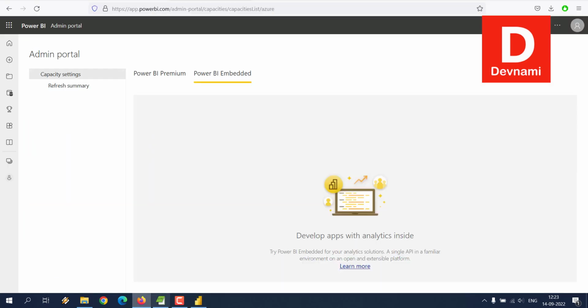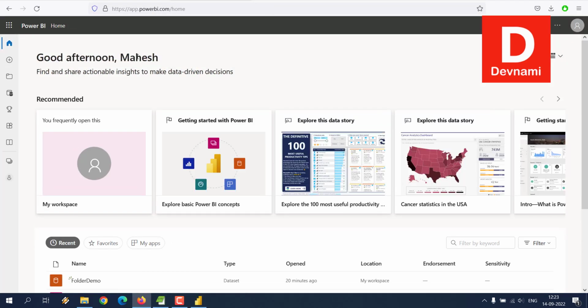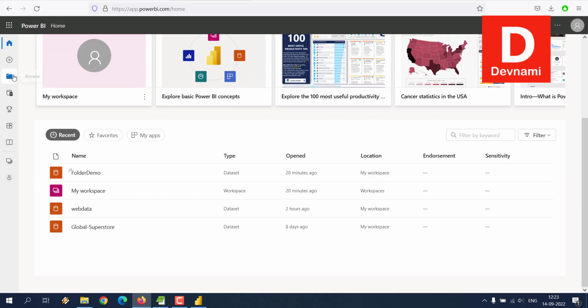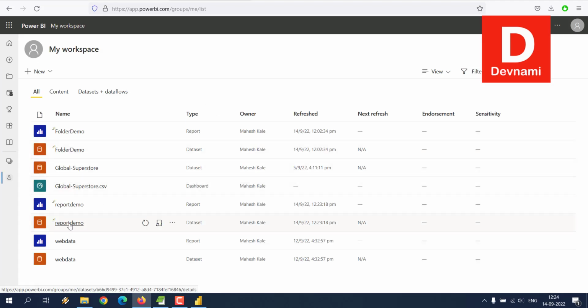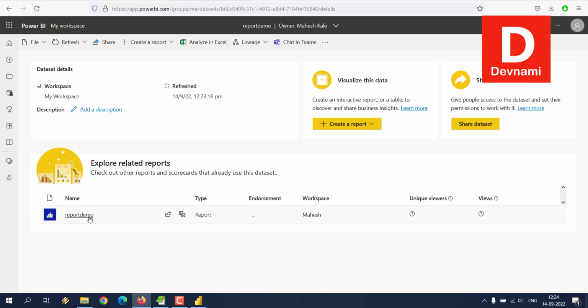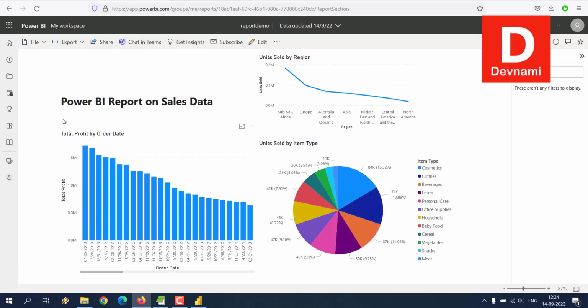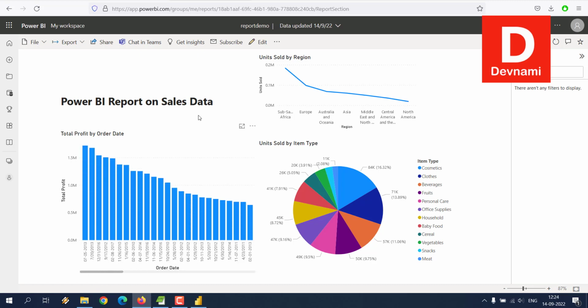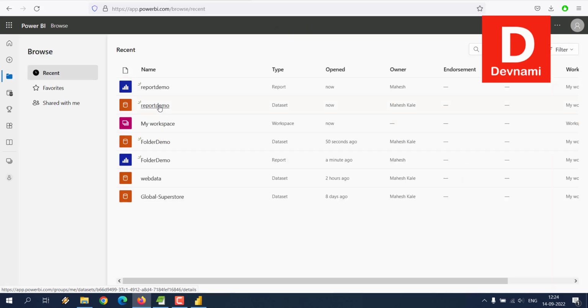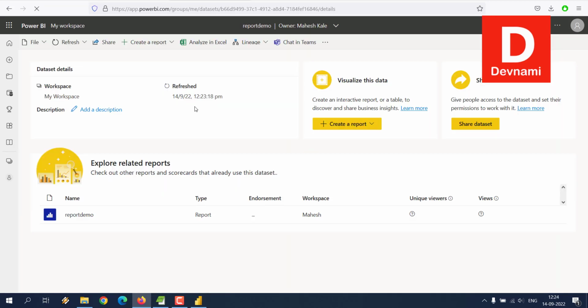Now we will have to move to our cloud service account, Power BI service, right? Go to browse, my workspace, demo, my workspace, ours was report demo, right? So if I click on this, it already has the report that we just created, right? So forgive me for opening the wrong one, right? So this is one of those, and let's see if I can create another report. So I will just open report demo,